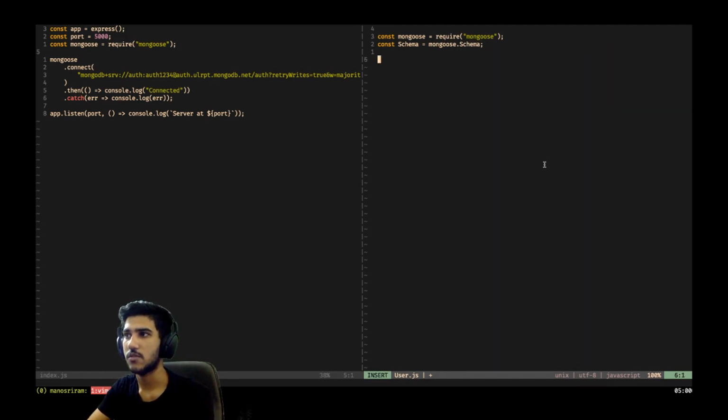And how can we use this schema variable is that we can create a new schema by doing new schema and sending in an object. This object will contain some properties, but we want to store this in a variable. So we'll say maybe user equals new schema, so that all those properties will be stored into this variable user.